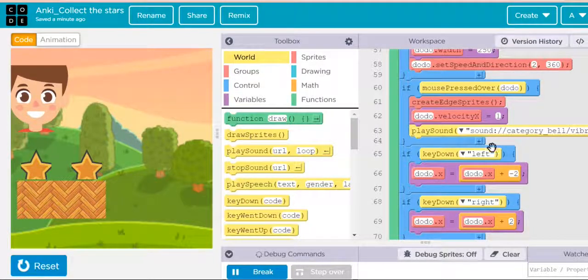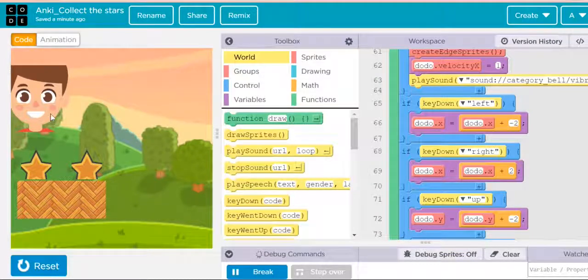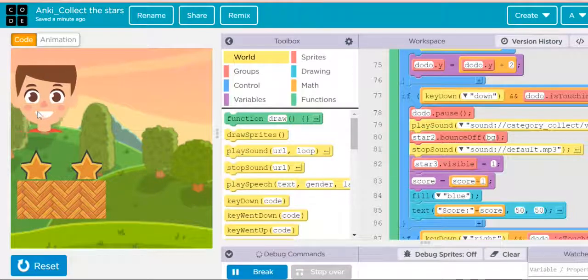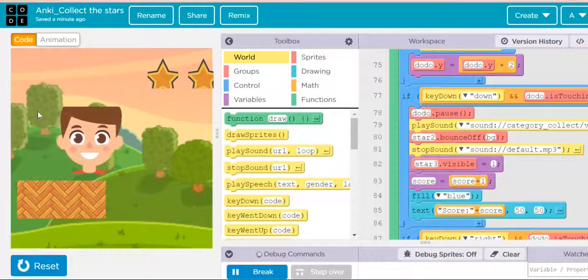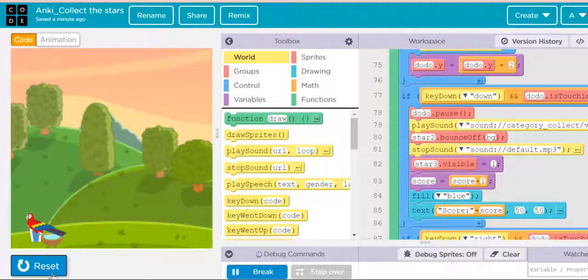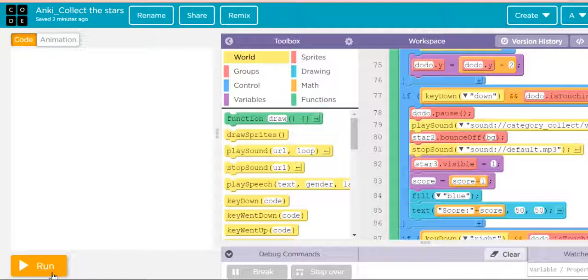Then when I press the left arrow key, he will move left. I'm using the arrow key events so that he can move in all the directions, up, down, left and right, using the arrow keys. So just look at it and then we will see the next game. When I click on the sprite, he is able to move in all the directions using the up and the down arrow keys. So this is the first game which we have done.